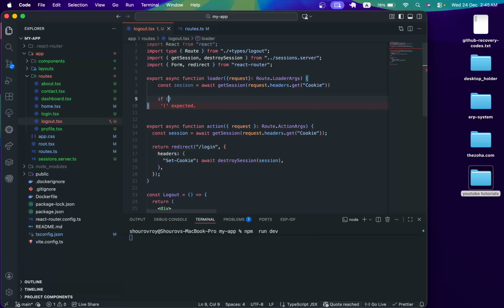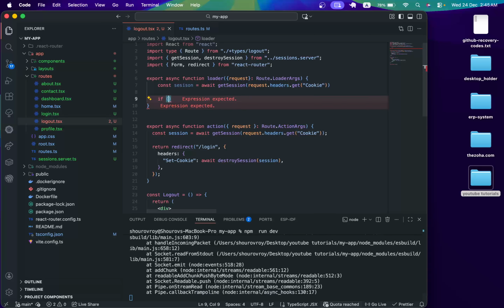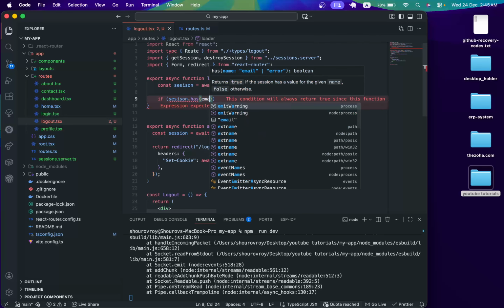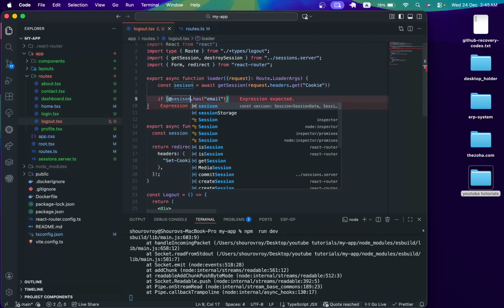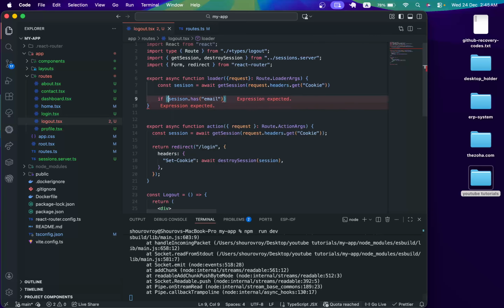If the session has email, oops, no, my bad, if it's not email, then it should return